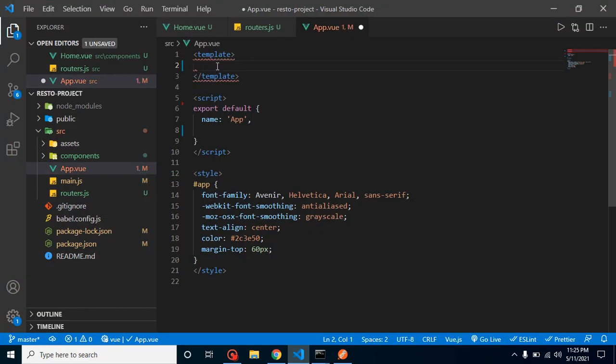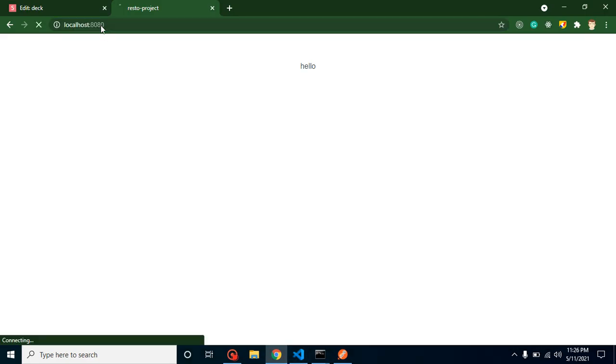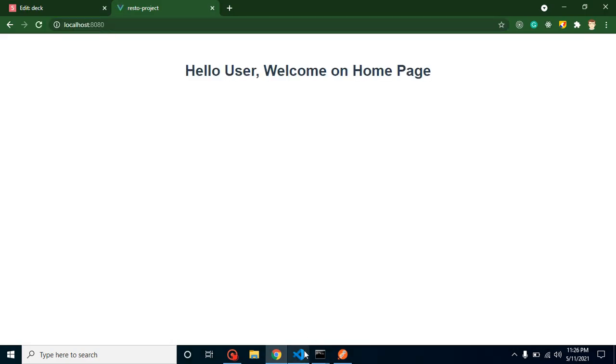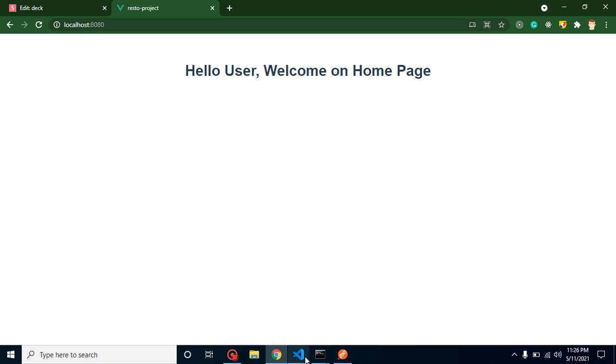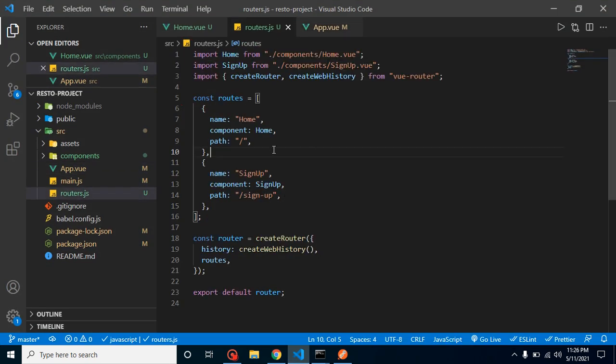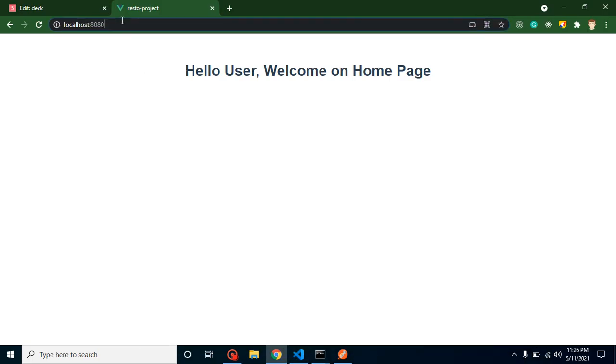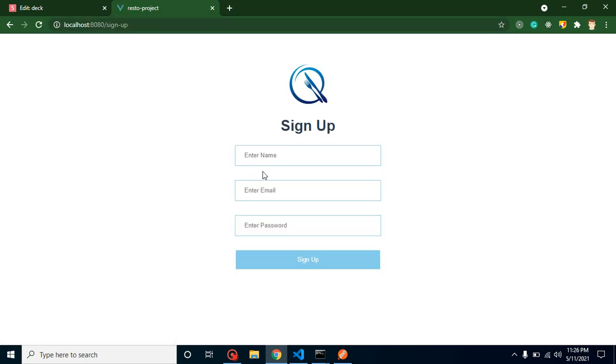So how can we show the routers here? For that we have to use router-view here, and now you will find a home page here. Why the home page? Because we have not provided any route here. This is the root route, as you can see, and on the root route in Vue.js we loaded the home component. That's why this is loading here, right? Is the sign up component also working fine? Let's check sign up. Here you can see that sign up is also working fine.